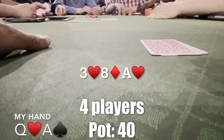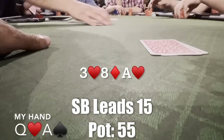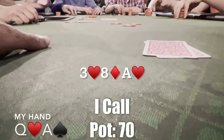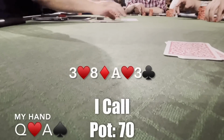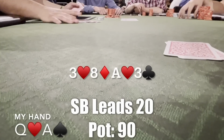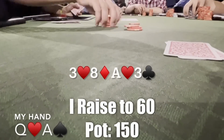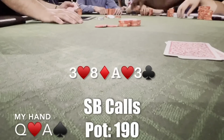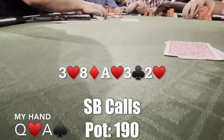The small blind, which is the same weak player from last hand, leads 15. I could either raise or call here, but as I have the queen of hearts, I decided to call this time and let him be the aggressor. Turn is a good one. Another 3. He leads $20, and now I'm going to raise. I raise to 60, charging hands like flush draws and aces worse than mine, which there are plenty in his range. He quickly calls, and now the river is a pretty bad one, because now any flush draw got there,